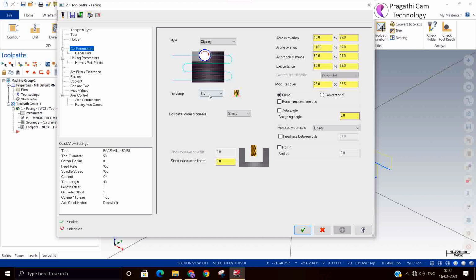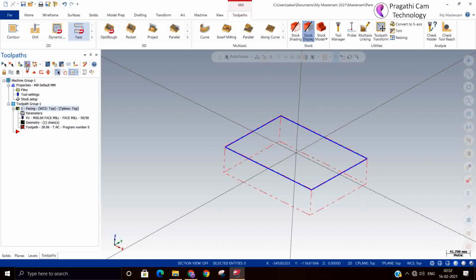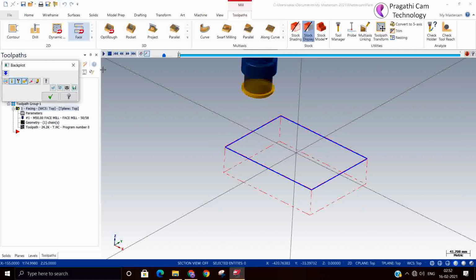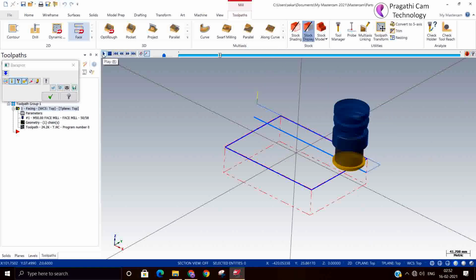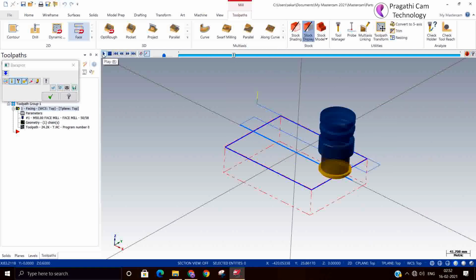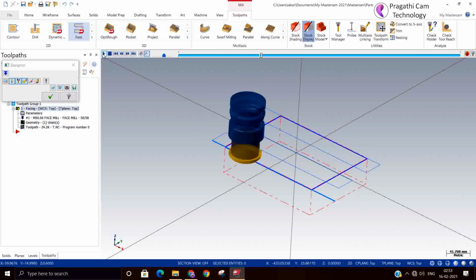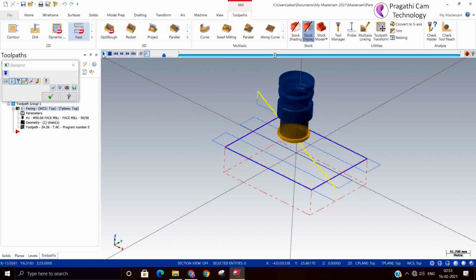Once it enters, it will exit at the last pass. So it will cut nicely, and this is the zigzag cutting style. Now you can see it will enter like this and keep on cutting like this. At the end it will retract.